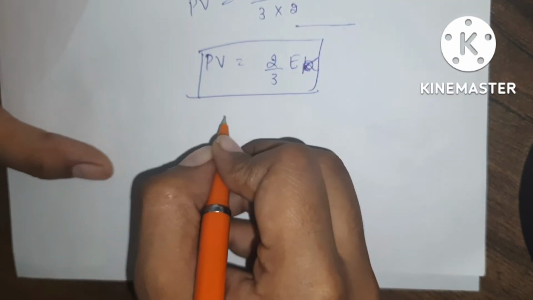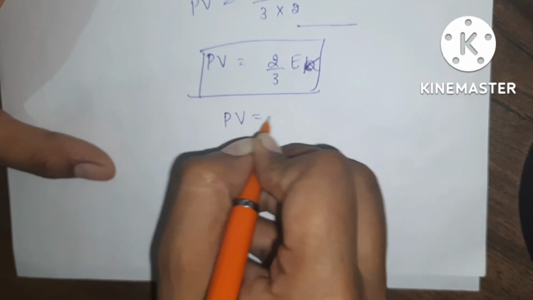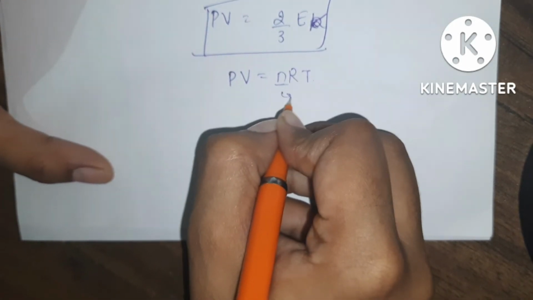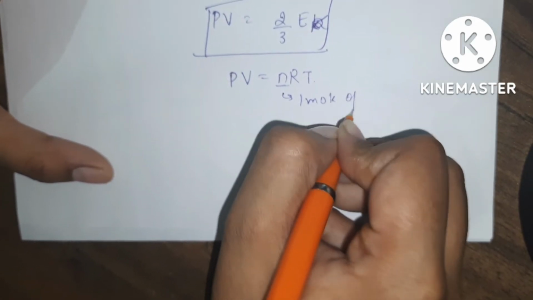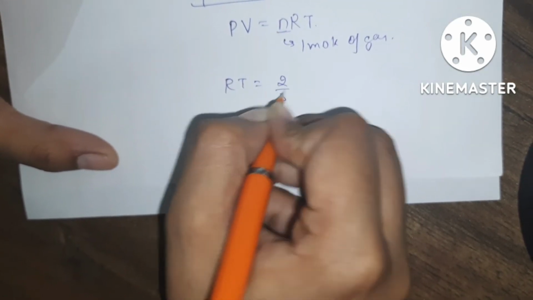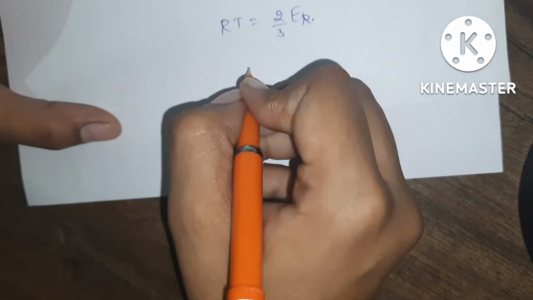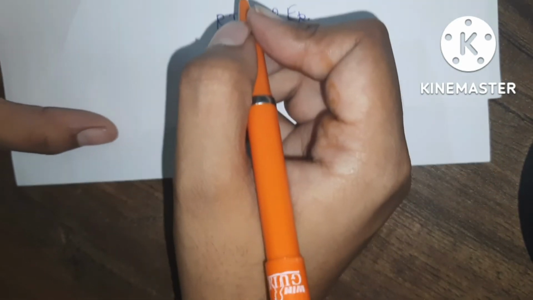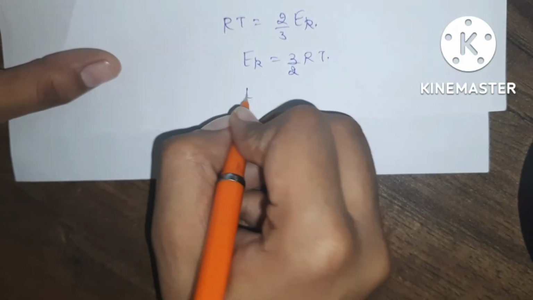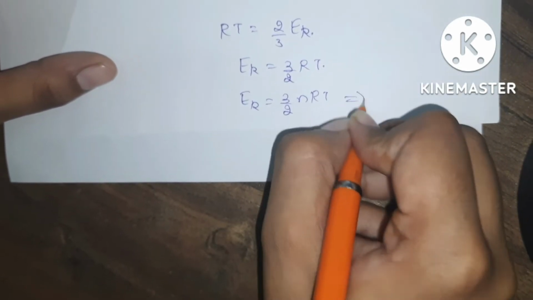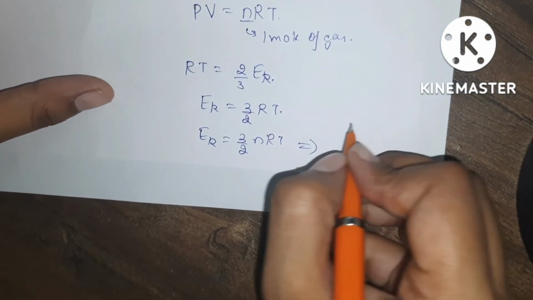Or what is the ideal gas equation? PV is equal to nRT. If I am taking it for 1 mole of gas, then RT is equal to 2 by 3 Ek, or Ek is equal to 3 by 2 RT. This was for n moles of gas, 3 by 2 nRT, and for one molecule,